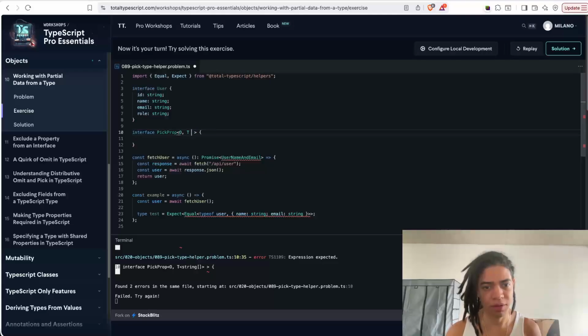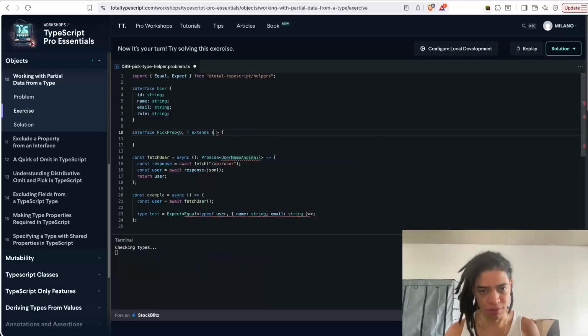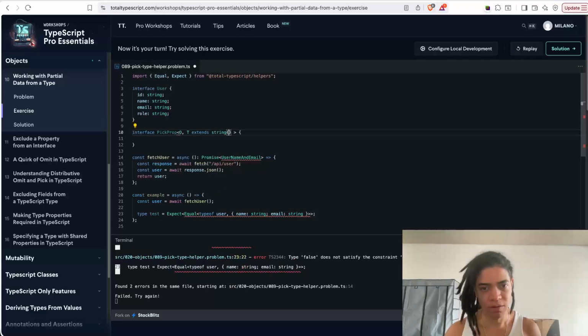So what about if I say this extends from a string, a collection of strings? What I'm doing here is just representing these two possible types, and I only want to apply